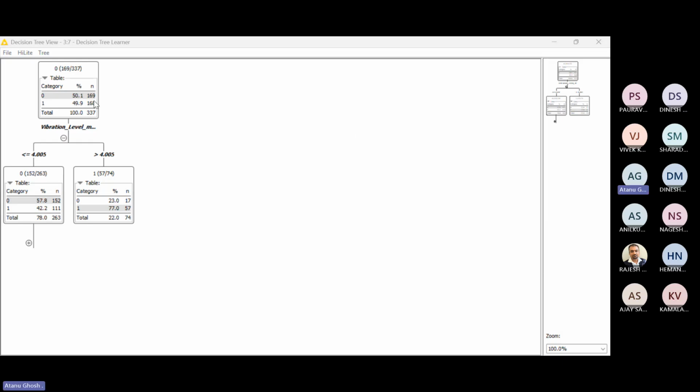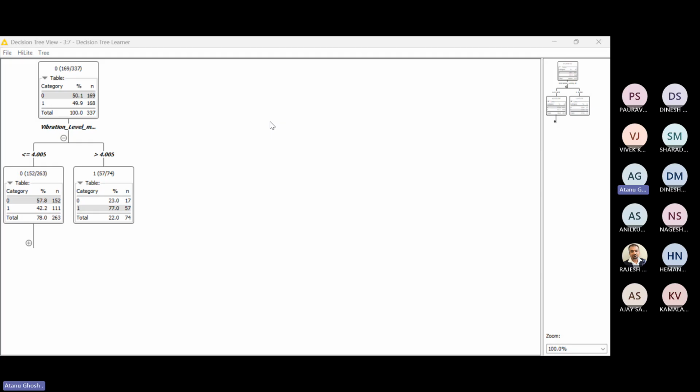Now understand what the decision tree means. First is the data set that we have given. For the training data set, we have given 337 records, out of which the 0 class is 169 and the 1 class is 168. So we know that it's stratified sampling, and our data set is an absolutely balanced data set. Probably it's an artificially generated data set. 50% are machine failures, 50% are machine non-failures. So that's why the sample also has 50%.